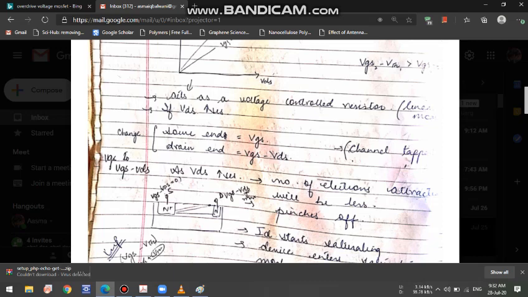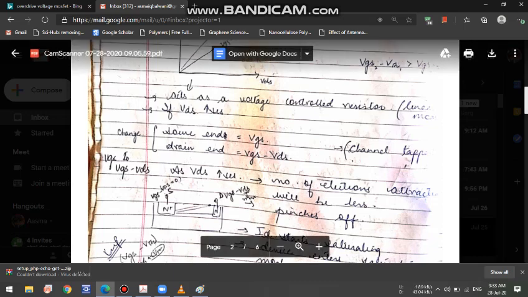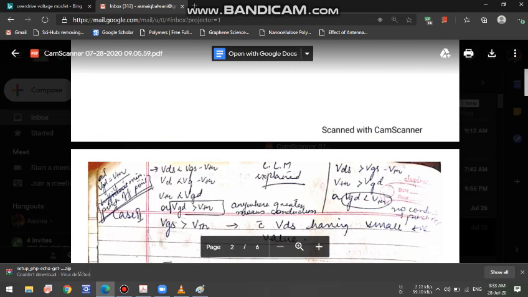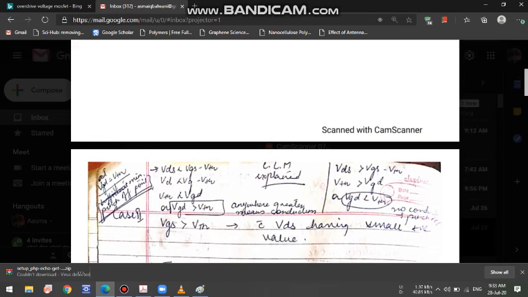Okay, so what is the basic condition for the channel to be formed? The basic condition is that VGS should be greater than VDS. Okay, so let's just come to this part of the PDF. Okay, here I've written it. On the right hand side, sorry, on the left hand side, I've said that